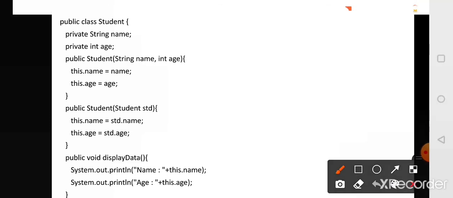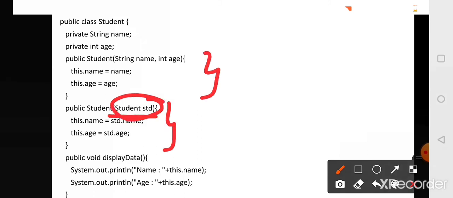Here in this program, we have defined a Student class with a parameterized constructor, which accepts two parameters, that is name and age. And also we have declared one more constructor which is accepting a parameter, and that parameter is nothing but an object of type Student.